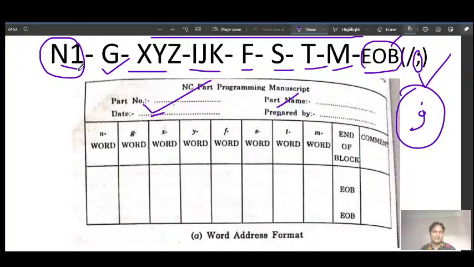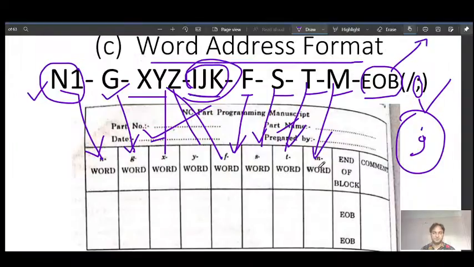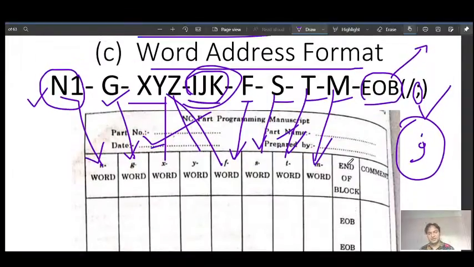So N word, G word here, X, Y, Z word, Z is not given but we can feed it, IJK value is not given, we can insert it, feed word, S word, T word, and M word. I have written these extra because these are the standard format when we go for CNC programming. At the end here we will use end of block, or simply this symbol semicolon.